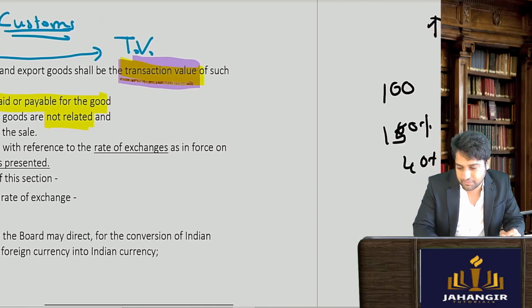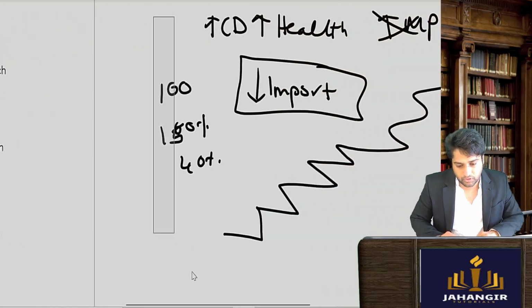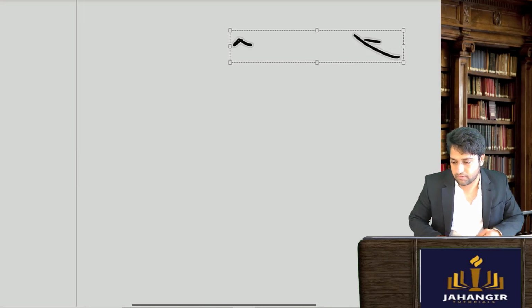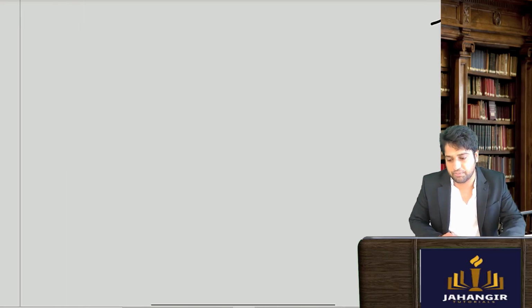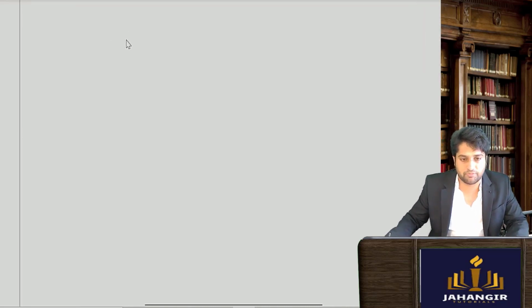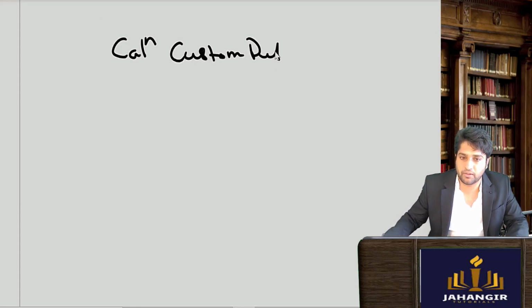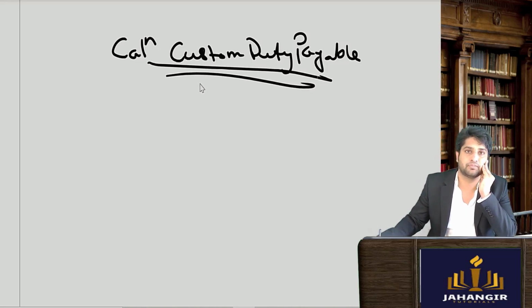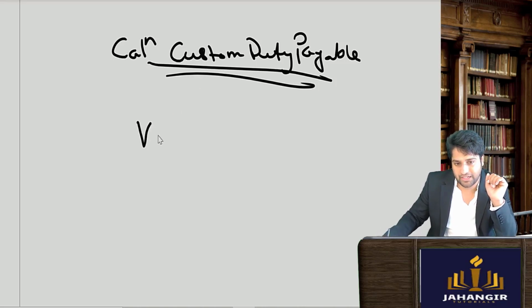अब ये क्या है, ऐसा सब क्यों कर रहे हैं हम लोग, समझते हैं. Okay, let's understand that. Now, very simple. If I want to compute the custom duty payable, how will you calculate the custom duty? Some person has bought goods worth rupees 1 lakh. So what you will first take is 1 lakh rupees. So you will say that is the value of the goods.